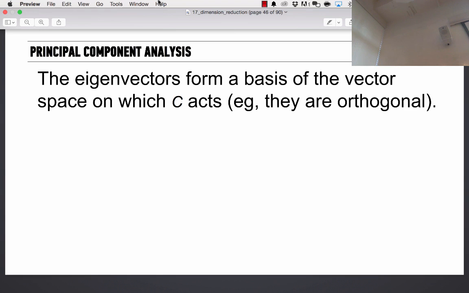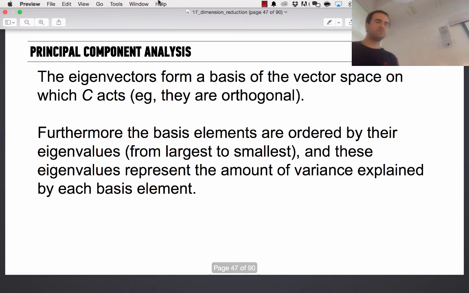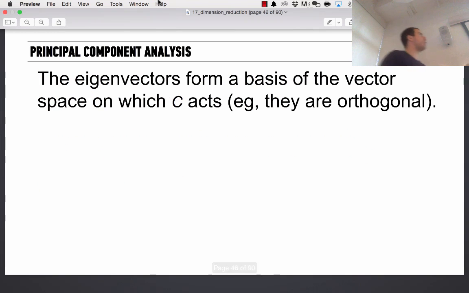These eigenvectors form your new coordinate system that works better than x, y, and z. And they're orthogonal. Does anyone know what orthogonal means? It's a fancy word for a word I bet you all know: perpendicular. Orthogonal is just another word for perpendicular. Yeah, I know, we like to make up words to sound fancy about it.